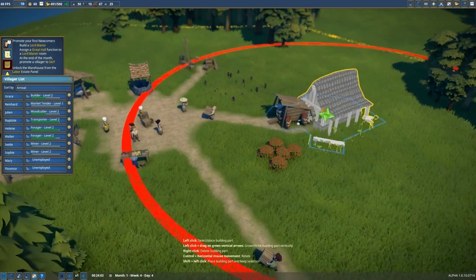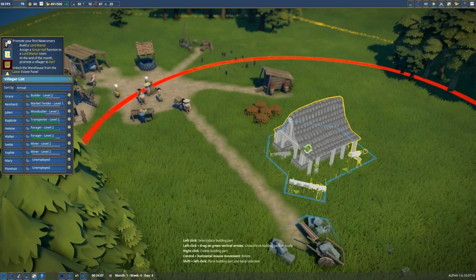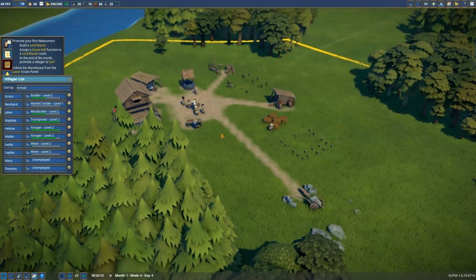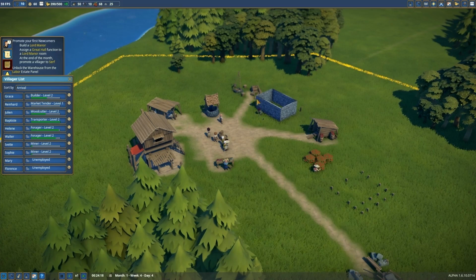We can kind of put our sawmill about the edge of town, I think. Yeah, it looks okay to me. There we go. So we'll start the sawmill right there, and then we'll assign a couple people to work there so that we start producing planks. And once we've produced the planks...